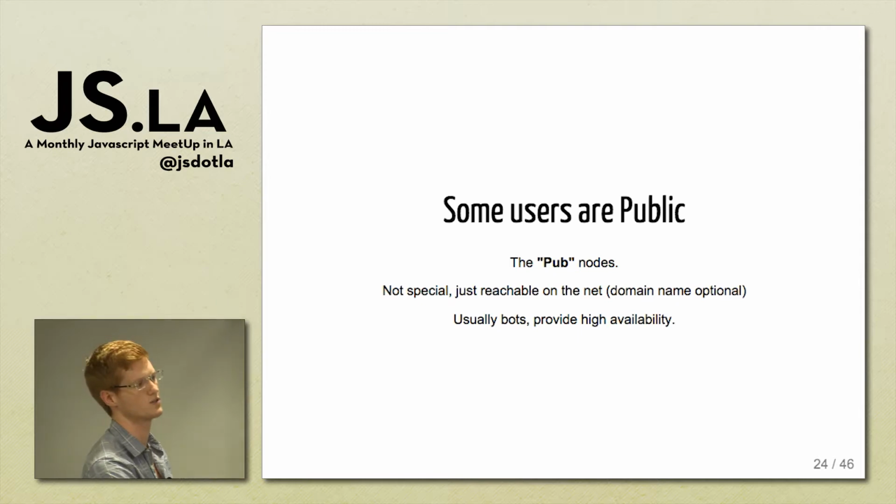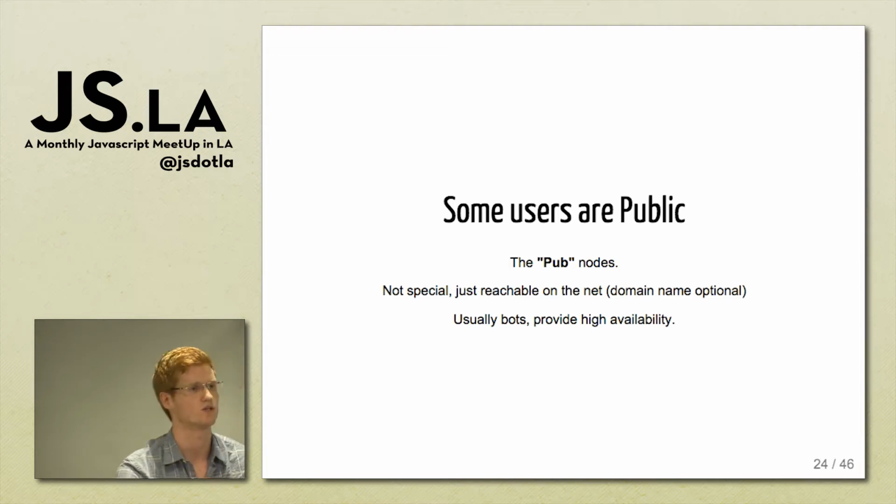This is useful because the internet doesn't provide a really good experience for creating direct connections between user devices. You have to deal with things like network address translation and firewalls. So to deal with that, we have some users which we call pubs. And these are just users that are on a public IP address. They may have a domain name. They don't have any special software. They're simply users. But they're basically bots. And they act as mailmen for the system to be able to bridge different home networks and office networks.